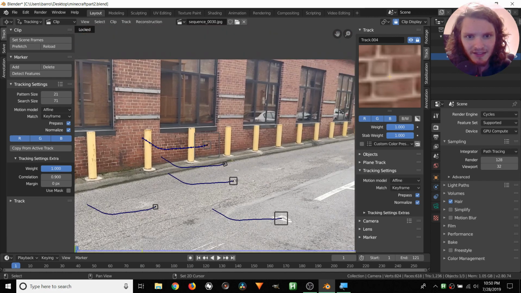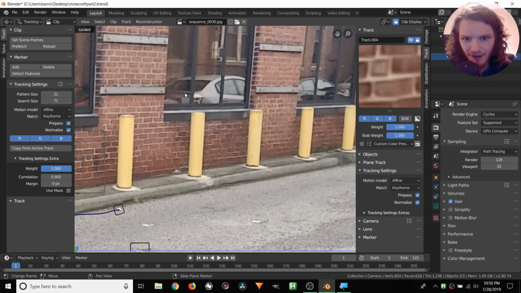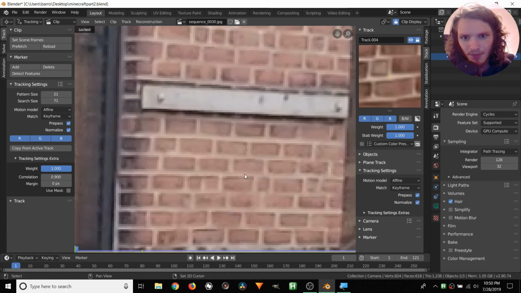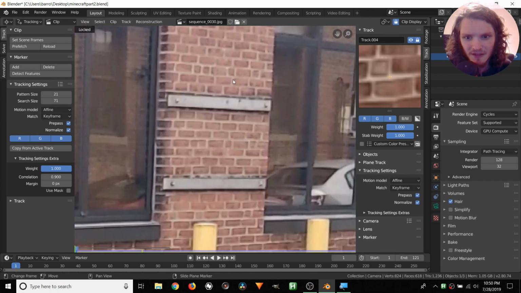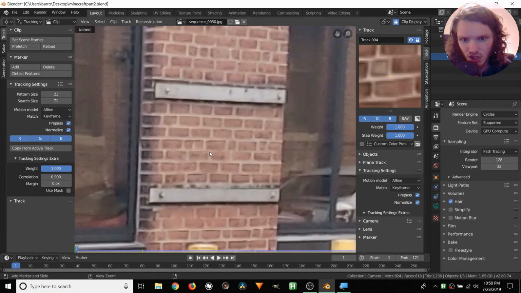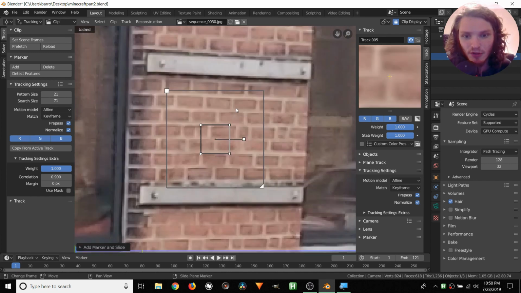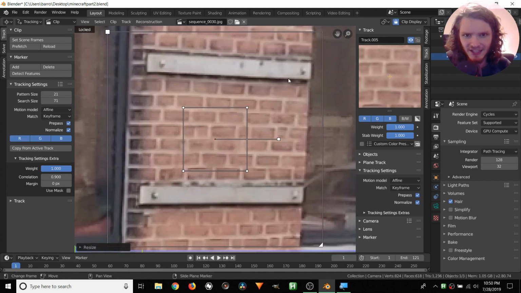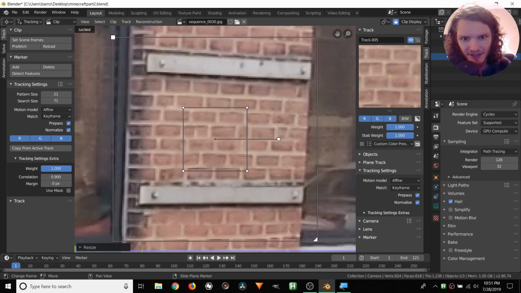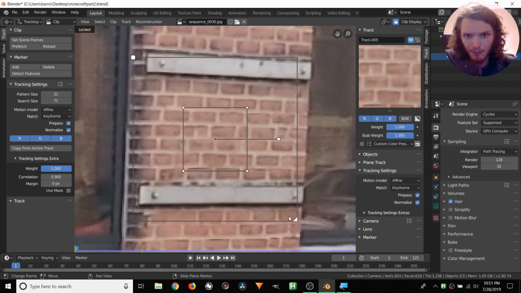And then let's get one or two more on a different elevation, so being this wall. Pick something over here. None of this looks that unique. We can try it. Let's try this over here. If we pick a large enough pattern, it's going to take a lot more computation time, but there's also not going to be this repetition issue, because it's very unlikely that there's a chunk of bricks that looks exactly like this one. So we can bring down the search area to save us a bit of computation time. It's not going to look for this pattern in such a big search area.